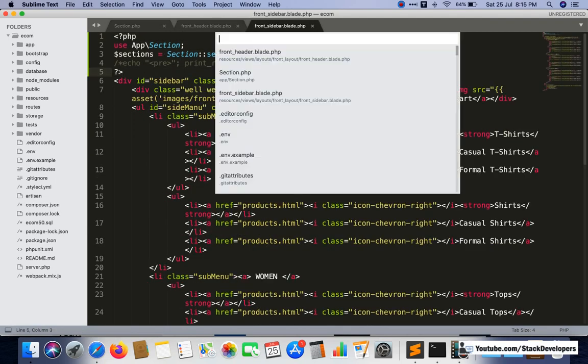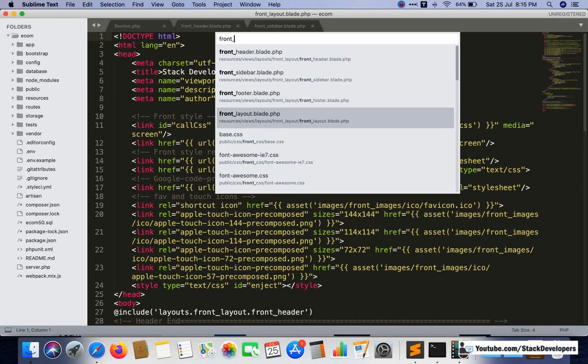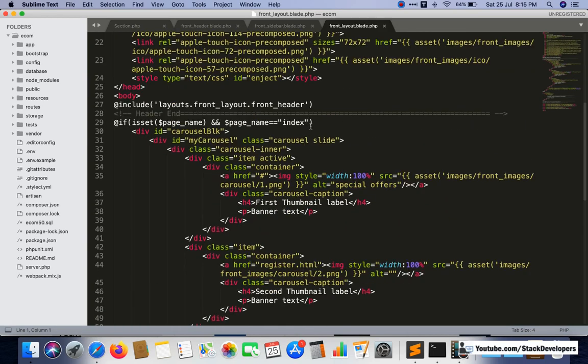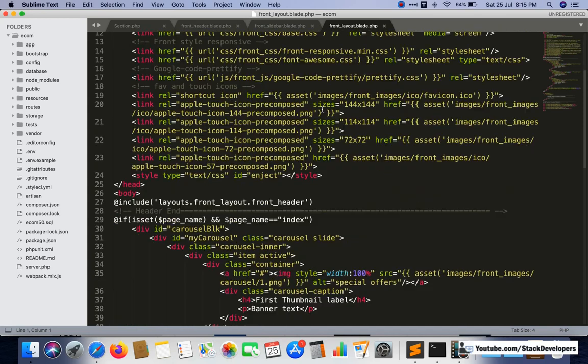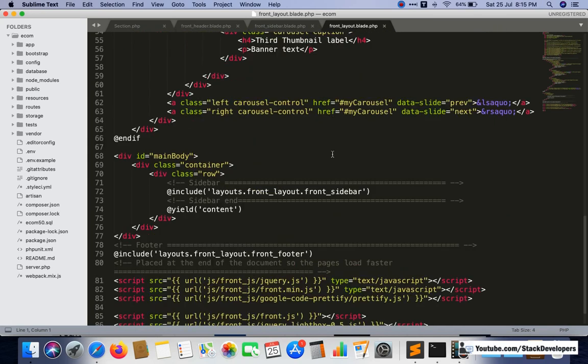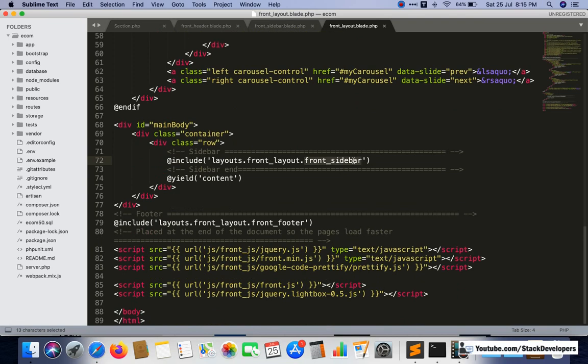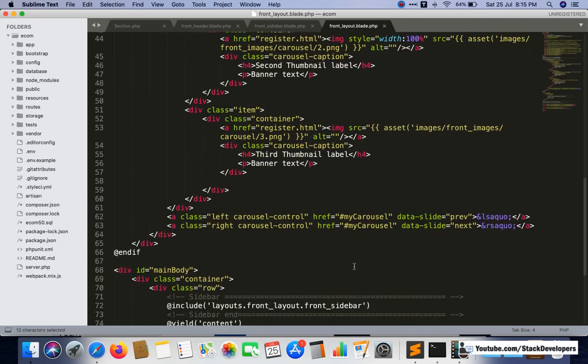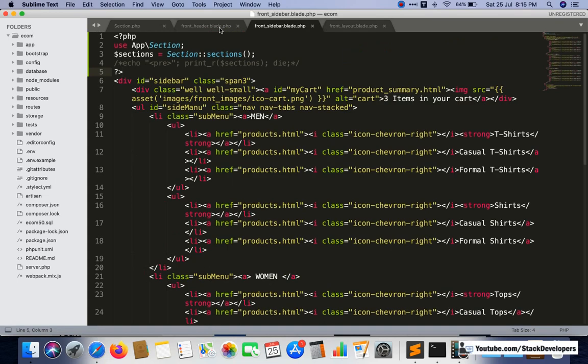I will also open the front layout file, where we have included both the front header and front sidebar. The front header is at the top, and we are including both. That is fine.